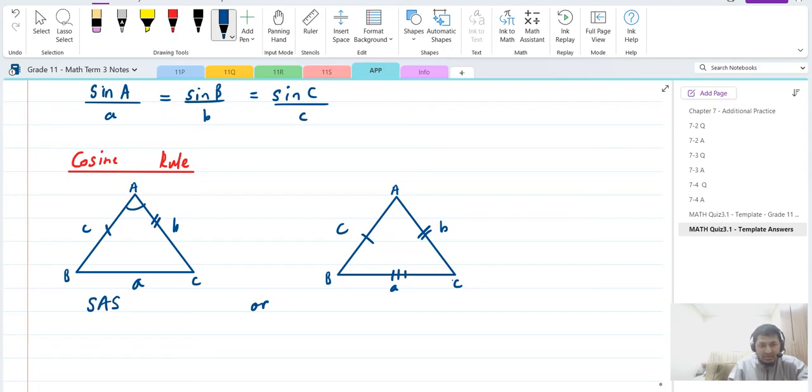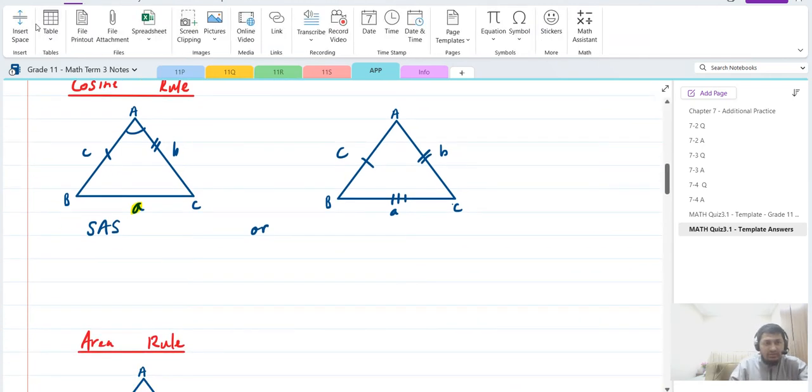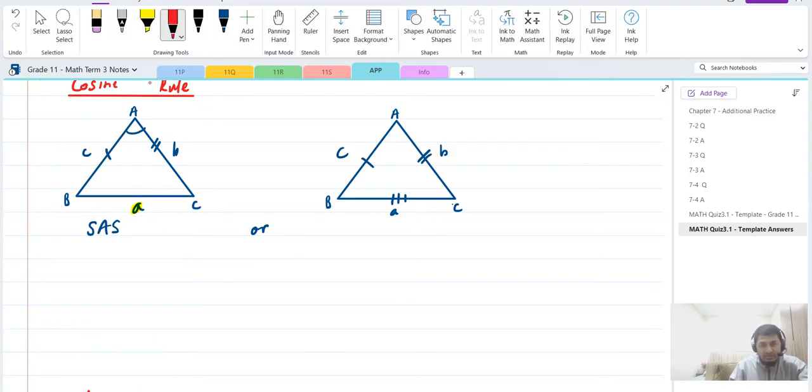Usually in this scenario, you have to find A first, right? You have to find this value. So what formula do we use? There are three formulas that we use, and we will just rearrange them. So this is the case for side, side, side. In this case, we can say a squared is equal to b squared plus c squared minus 2bc cos